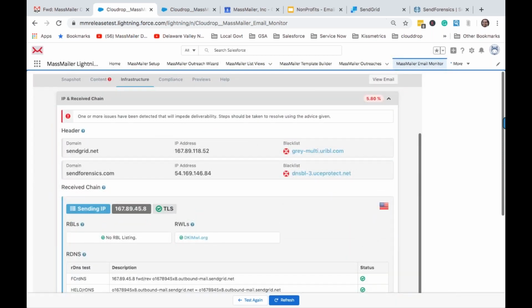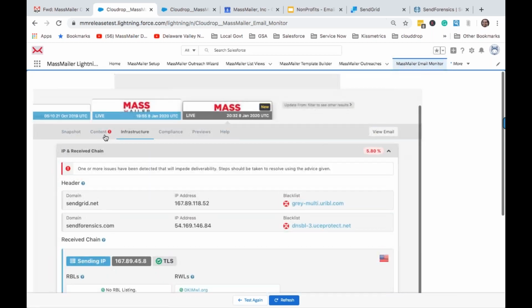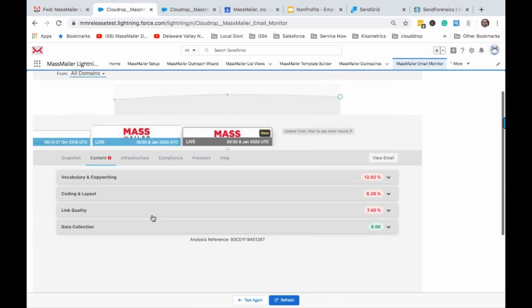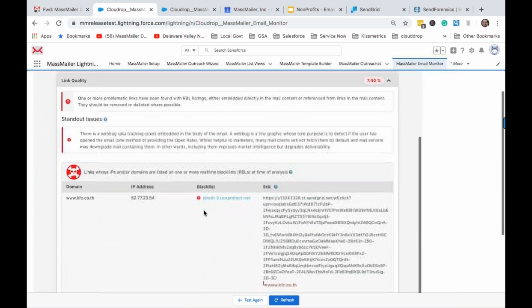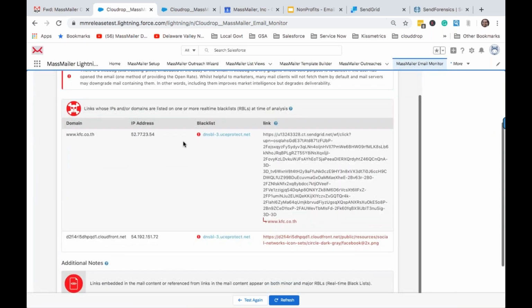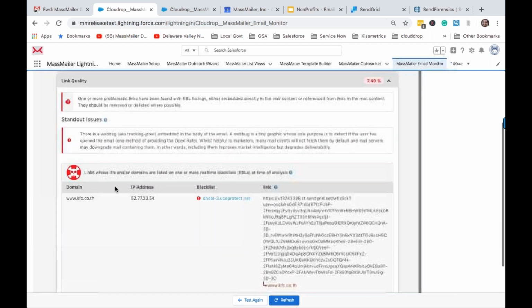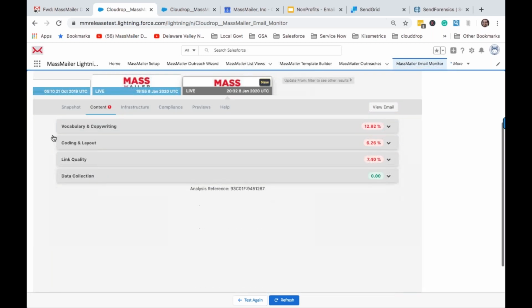If there's any problem with the IP address, it's going to highlight why this is blacklisted, right? So it's showing certain domains. And same thing, I think the link quality, it was showing you certain problems with the links right here, and you can take a look at them and try to fix some of them if possible, right? So this is about